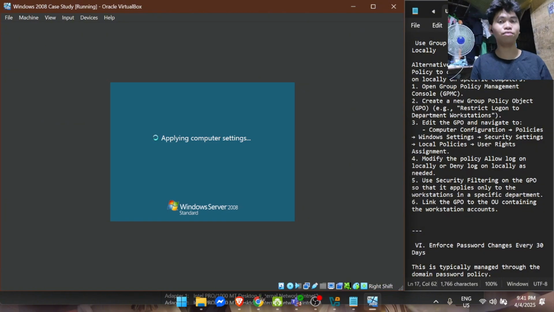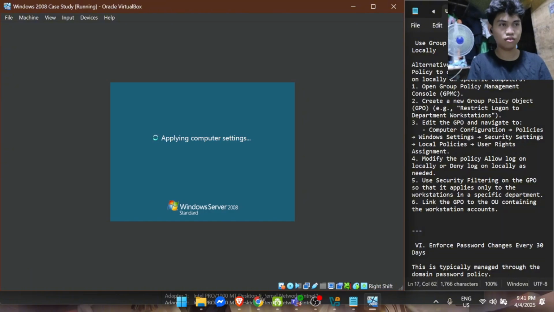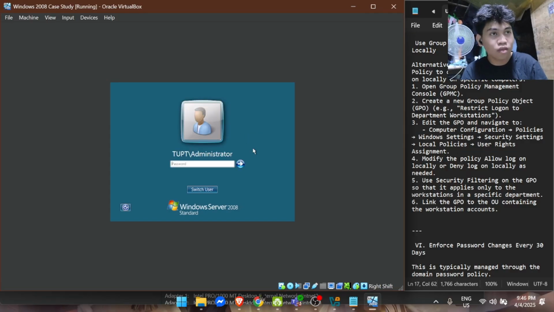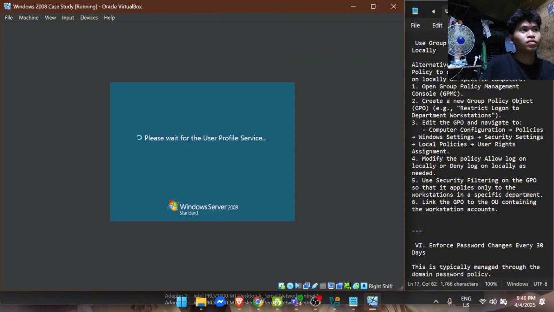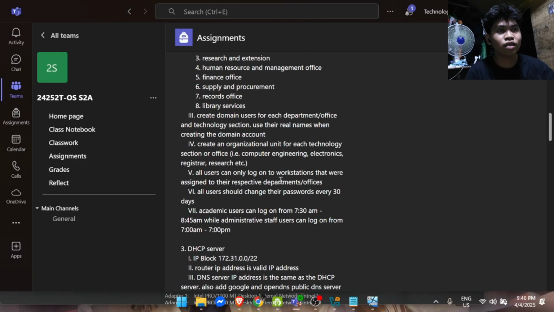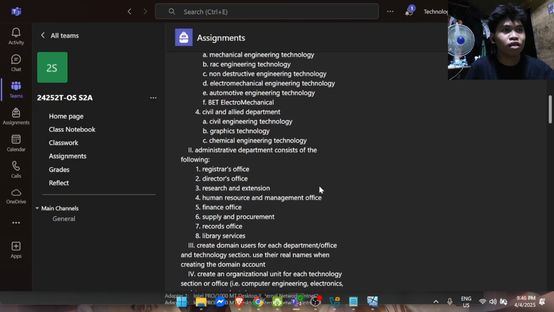Two, administrative sections, which consist of registrars, research, etc. The administrative department consists of the following. Let's create an organizational unit for those under the domain.